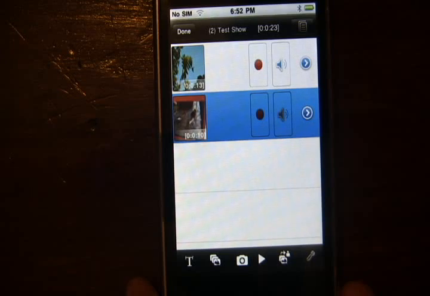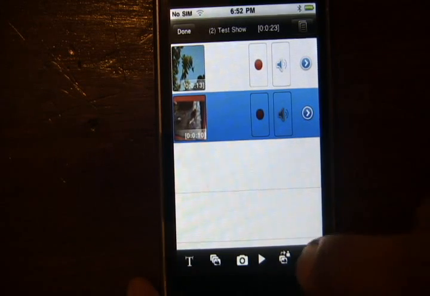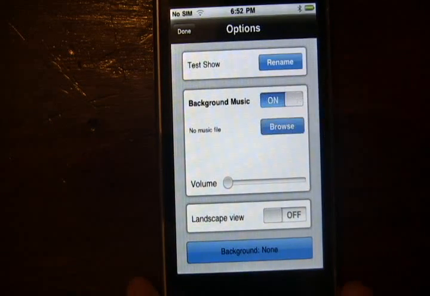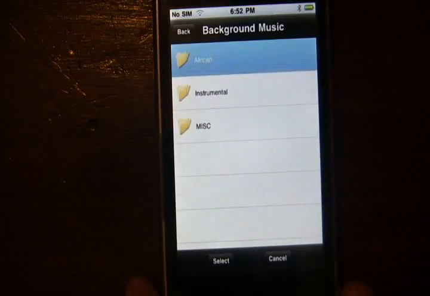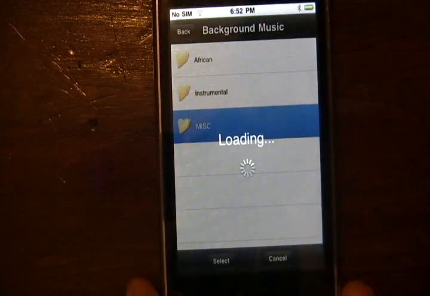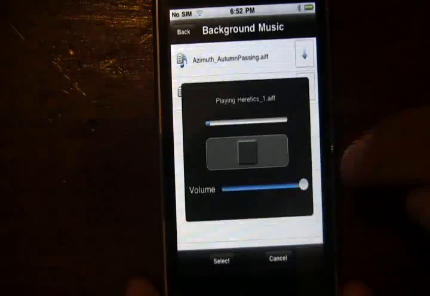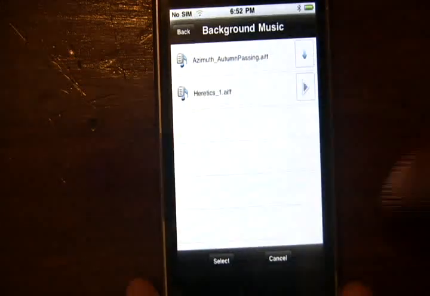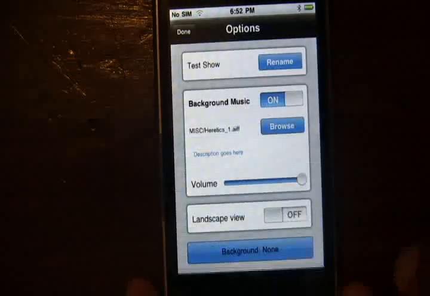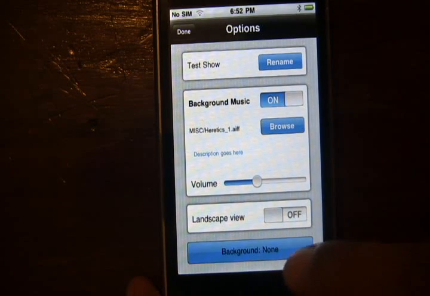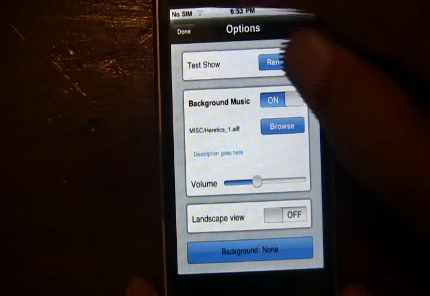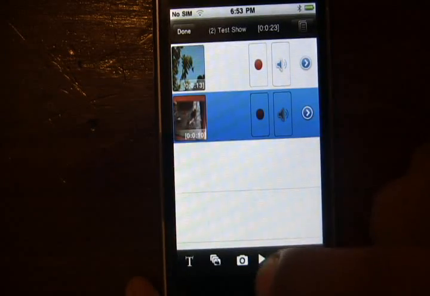Okay, so now that I'm done with some pan and zoom effects, I can add some background music to this show. Browse. And go to miscellaneous. And I have one here. I like it. So I select it. Keep the volume down a bit. I could have added a background if I wanted to, renamed the show, but let's just have what we have